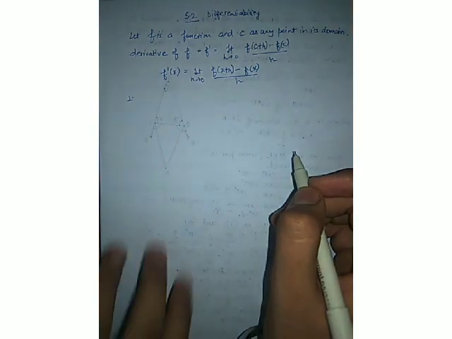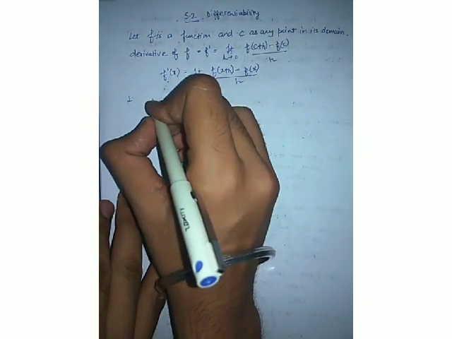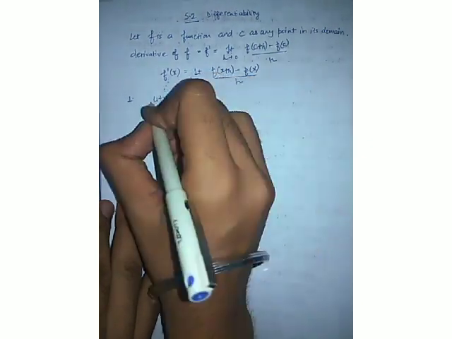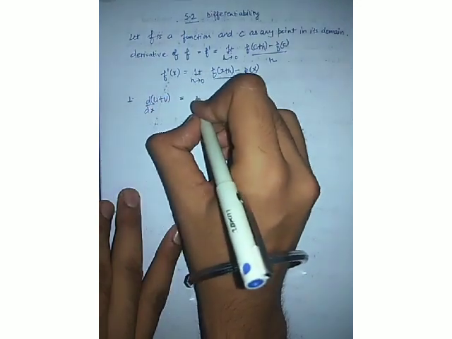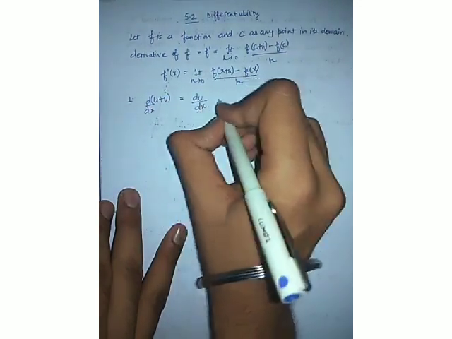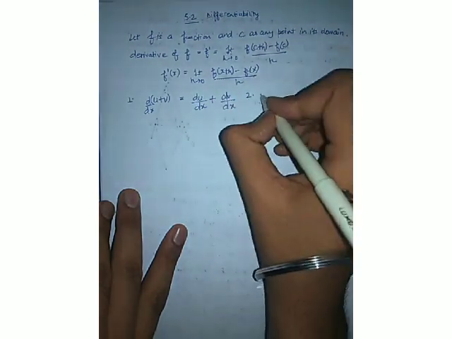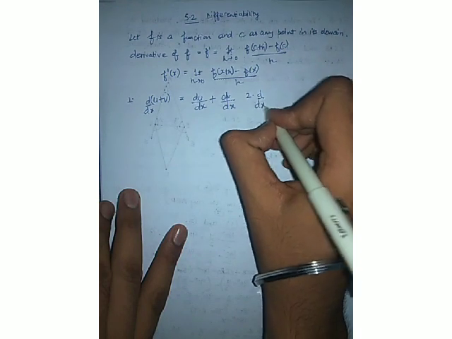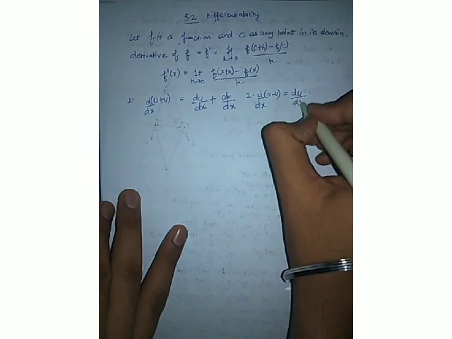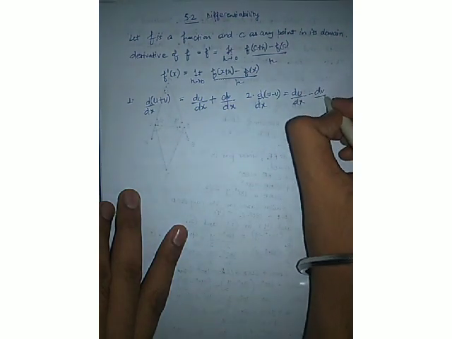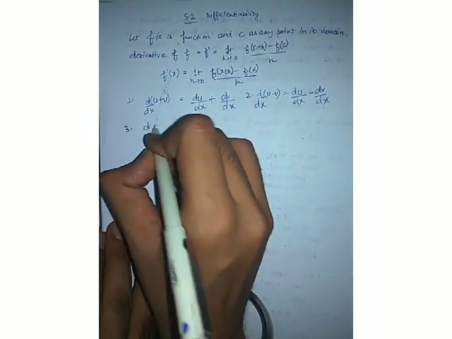Okay, in the lower classes you have studied that if there are two functions getting added up, for example u plus v, where u and v are functions of x, then the derivative of u plus v will be equal to the derivative of u with respect to x plus the derivative of v with respect to x. The same thing goes if the function is being subtracted. Now u minus v will be equal to the derivative of u with respect to x minus the derivative of v with respect to x. We can generalize the same thing with the product as well.